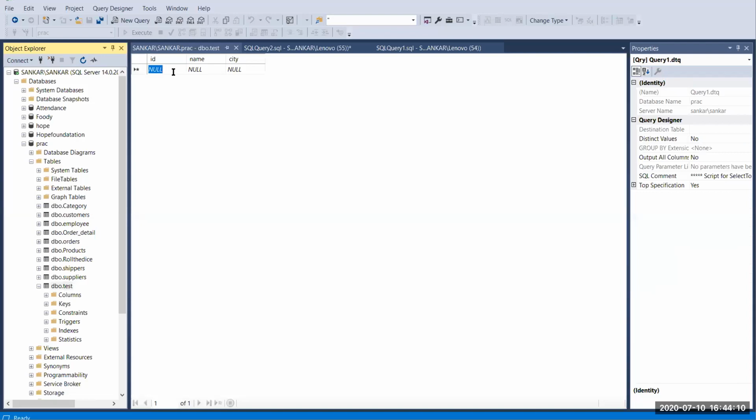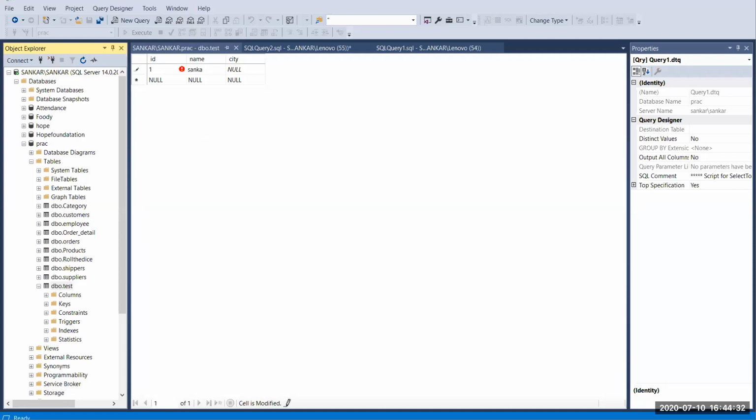Now you can see your table fields: id, name, city. Here it shows null, right? We have not inserted any value here. So now I'm going to insert some values. Here I give 1, and here I give Shankar.